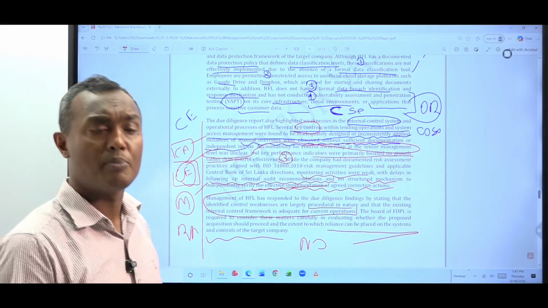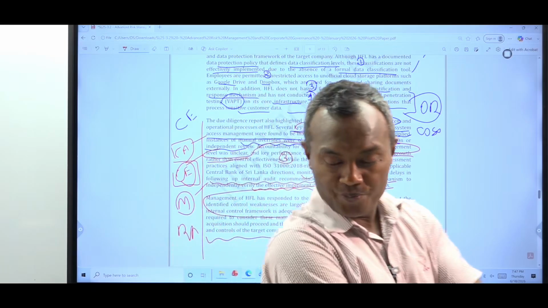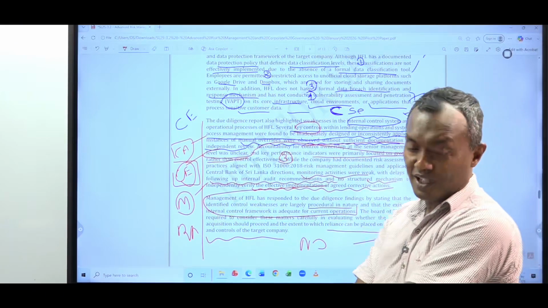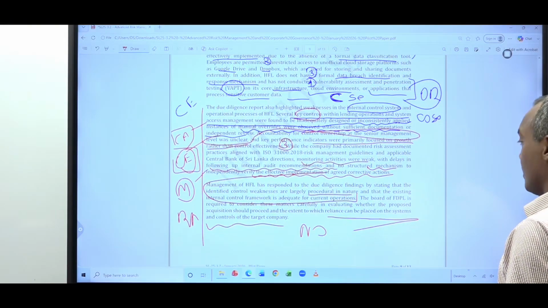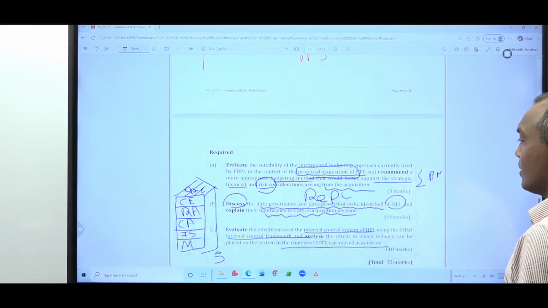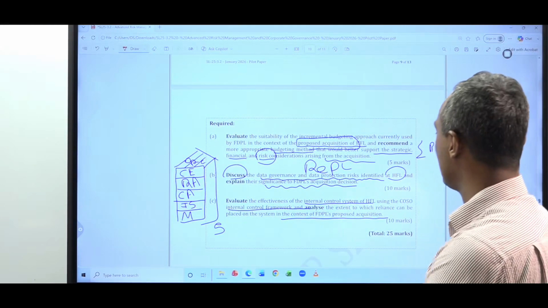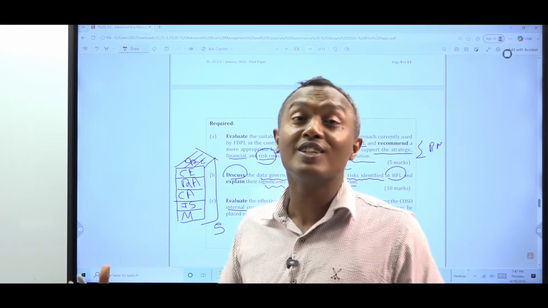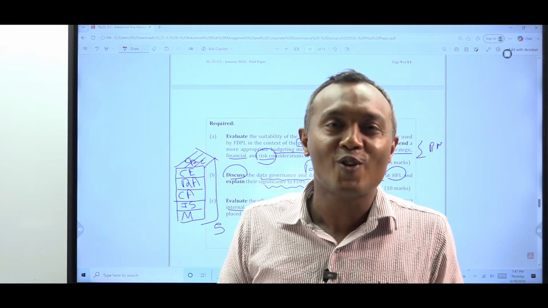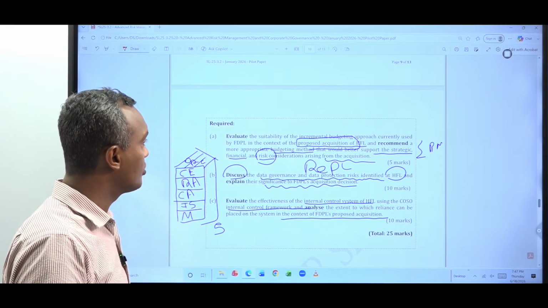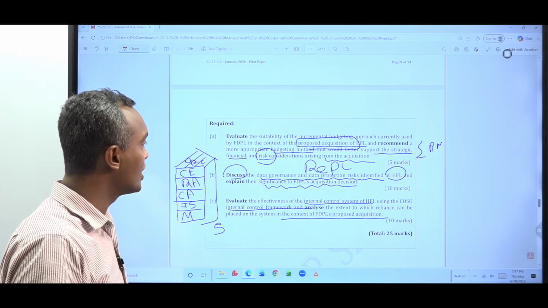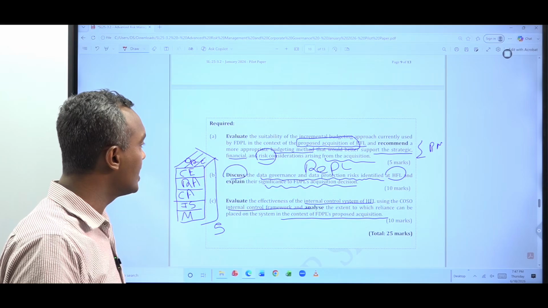So easy, children. Right? So then we can actually answer all three. That's all, no, the question? Yeah. So that's why I said that question is a very easy question, because all the answers are within the question itself, right? But then you need to have some expertise in risk management as well, because see, discuss